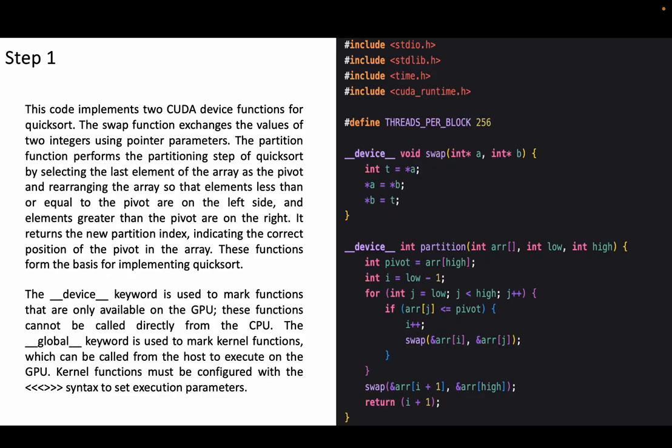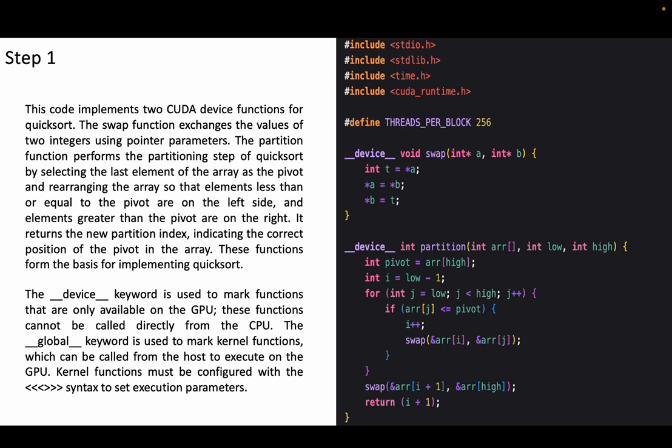In my case, the first step is to implement two CUDA device functions for QuickSort. We have two functions. The first is swap, which exchanges the values of two integers using pointer parameters. The second is the partition function, which performs the partitioning step of QuickSort by selecting the last